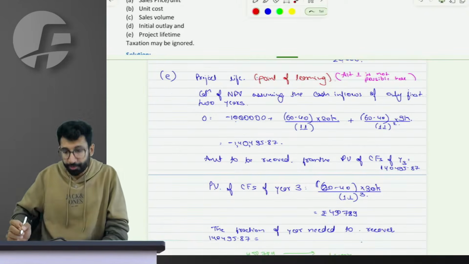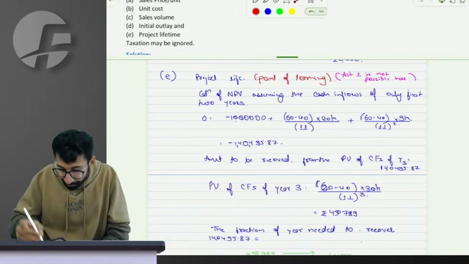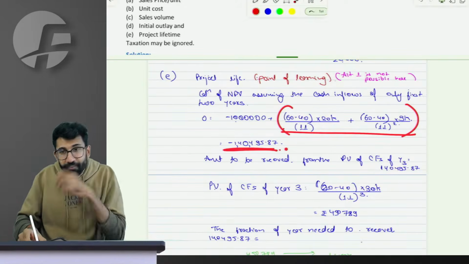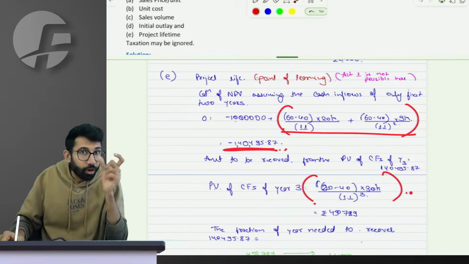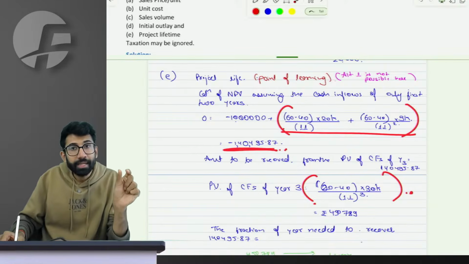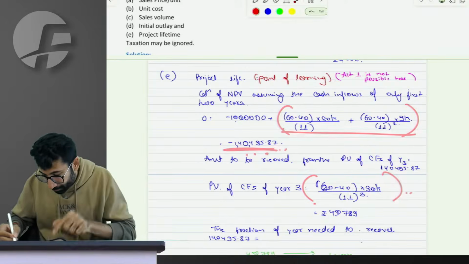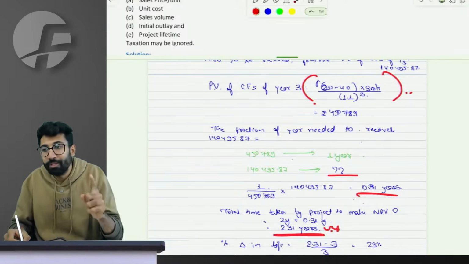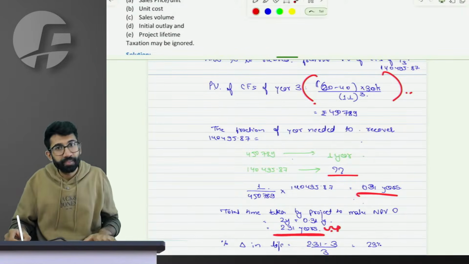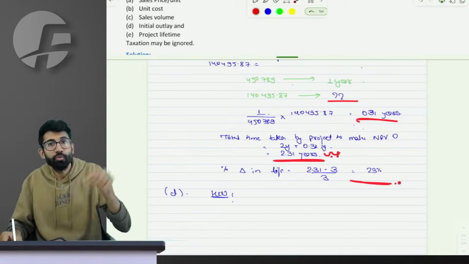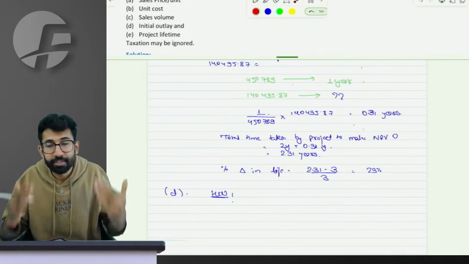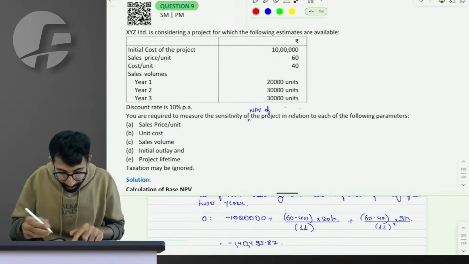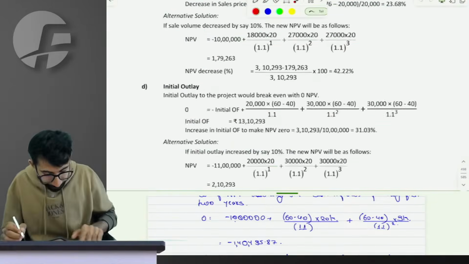People in the class, requesting your response. Please tell me. First you calculate with 1 or 2 years of cash flow present value how much the NPV is. Then figure out for the third year what proportion of the year I need to make the NPV 0. That proportion that you calculate, plus the 2 years, gives the total 2.31 years. Waiting for your responses, people in the class, then only I'll be able to go ahead. Come on. And then calculate the percentage change in the overall life to make NPV 0, giving you a sense, an interpretation, of sensitivity. People, this particular question on sensitivity gets done.